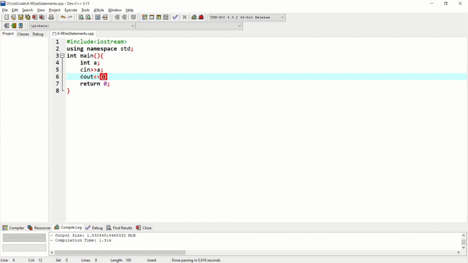cout, brackets, condition a modulus 2 equal to 0, question mark, even or odd. This is the syntax of the conditional statement. So if I just comment this out, here is the condition,